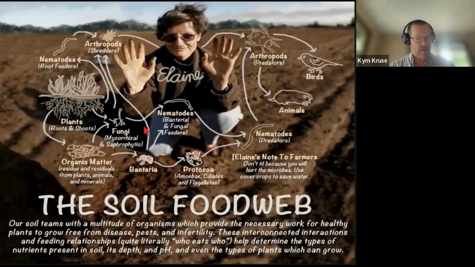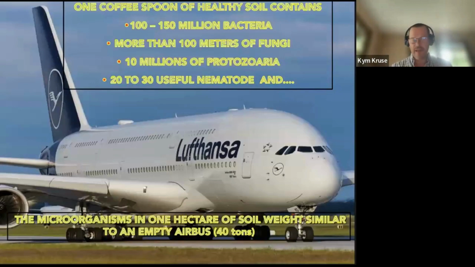Organic matter feeds microbes and provides them with housing. And microbes, importantly, make minerals available to plants. So it's this circular economy where the plants are feeding the microbes and the microbes are feeding the plants. It's not a one-way street. It's very much a reciprocal relationship. And it's vitally important to understand that plants are the ones that feed these microbes, and microbes in turn feed and protect plants. So just in terms of how many microbes there are, a coffee spoon of healthy soil contains